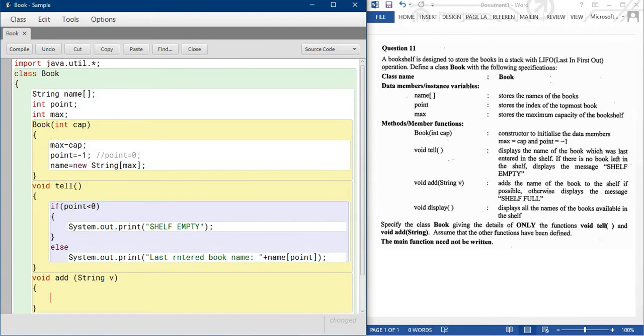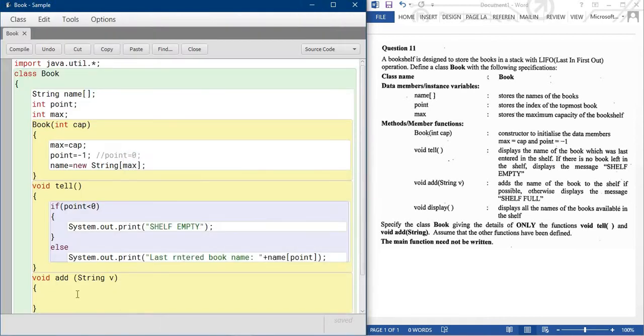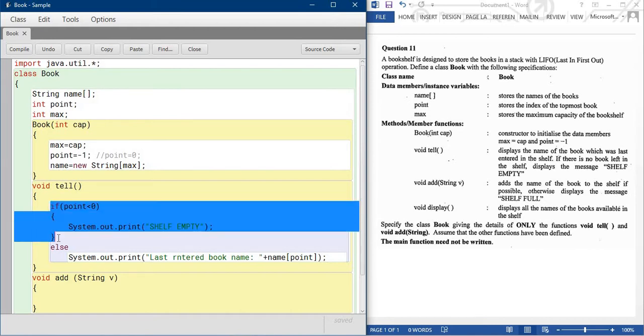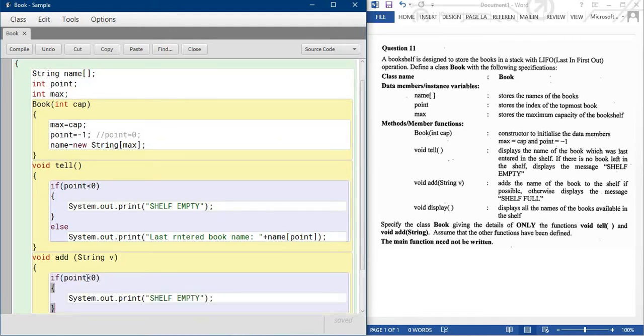The shelf is full when your point position is greater than or equal to 7, because the shelf goes up to 6. If it is equal to or greater than 7, it is not possible to enter any book. So in the same way I am writing an if statement over here. We will check the point position: if point is greater than or equal to 7, it is not possible, so we are writing "self full".